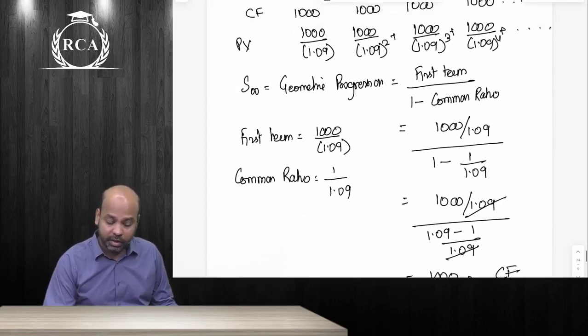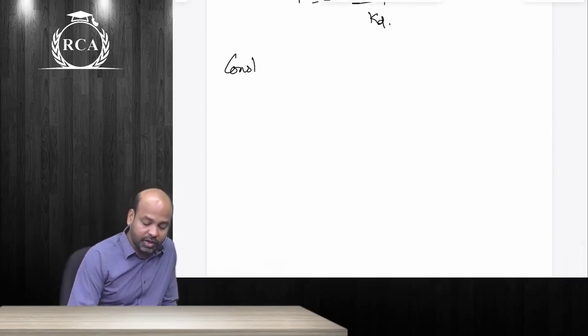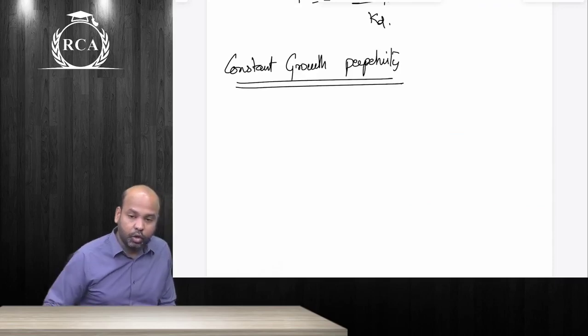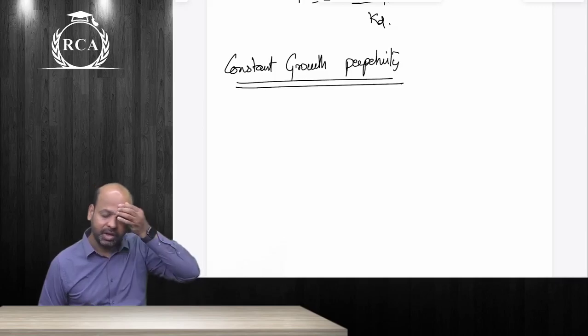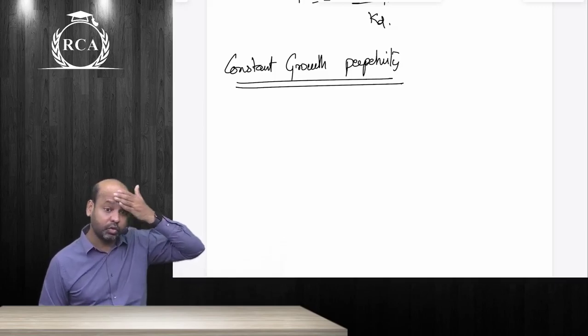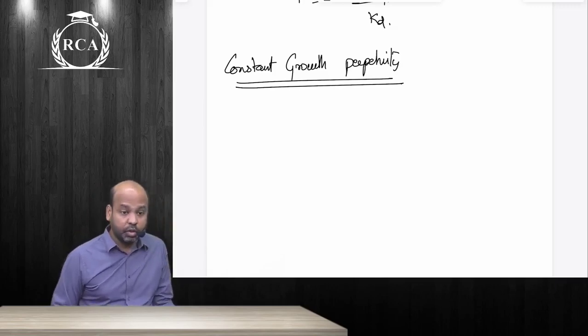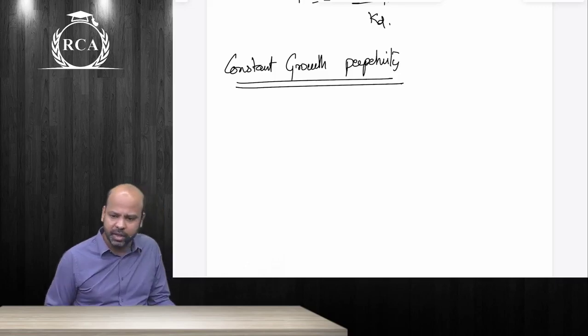Yes or no, guys? If the cash flows increase at a constant rate, what do you call it? Constant. If the cash flows are increasing at a constant rate, you term it as a constant growth perpetuity. All of this comes in the exam as a 5 marker or an 8 marker question. They will ask us to value an equity share where the growth rate is not constant in the initial years, but the growth rate stabilizes later. You had 1 or 2 questions like that in CA intermediate also.